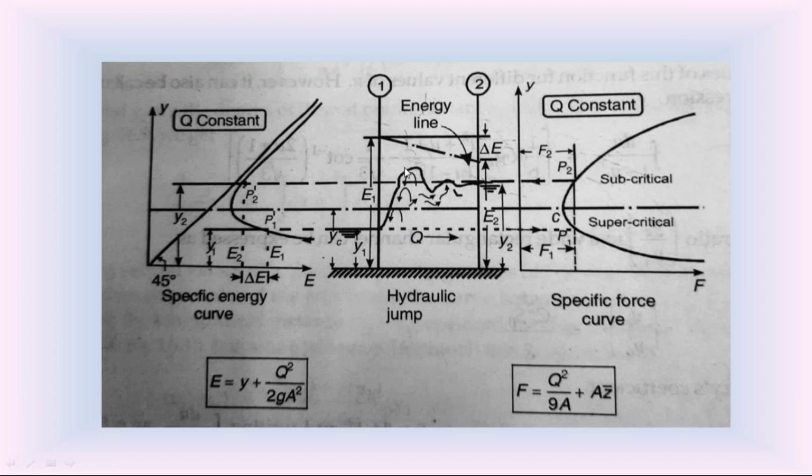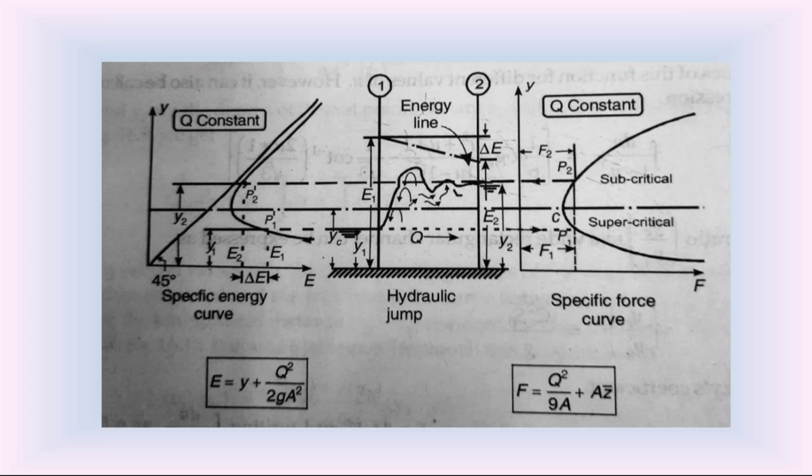So when the hydraulic jump is formed in the open channel, there is a loss in the energy of water flow from before the hydraulic jump to after the hydraulic jump. So this is the theory in this concept of hydraulic jump. So I explained the reason for hydraulic jump in this unit 2.